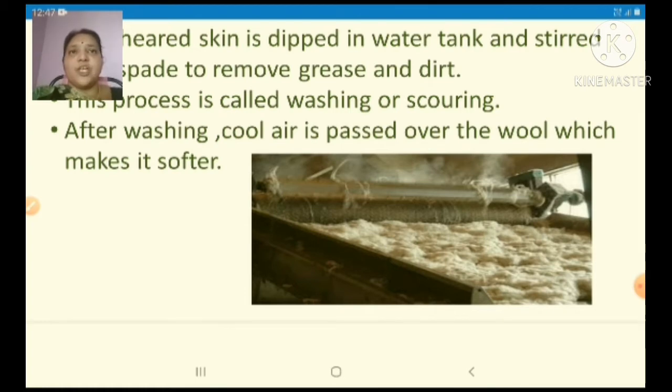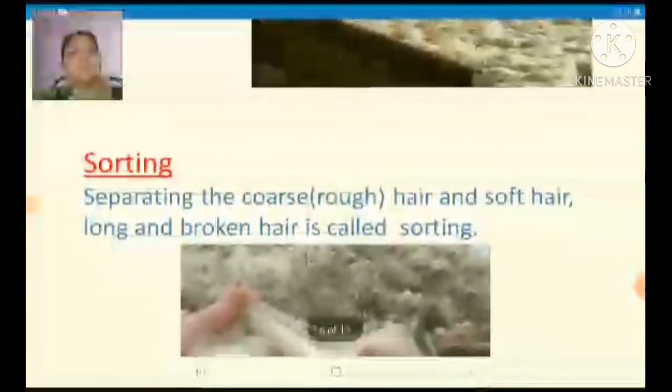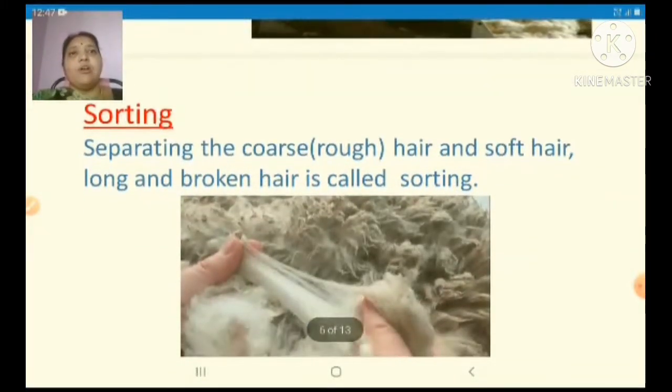So first it is shearing and then it is scouring. The next step involved is sorting. The word sorting is nothing but separating.